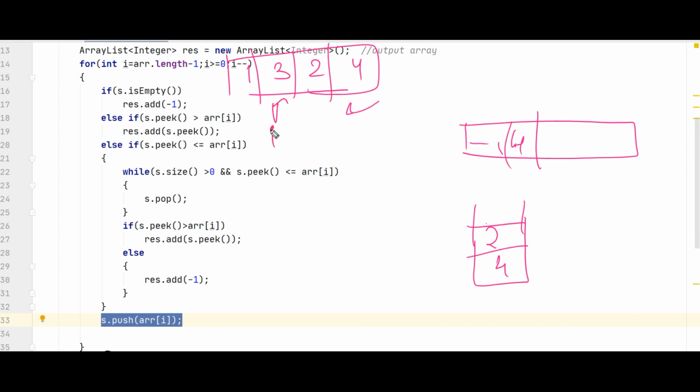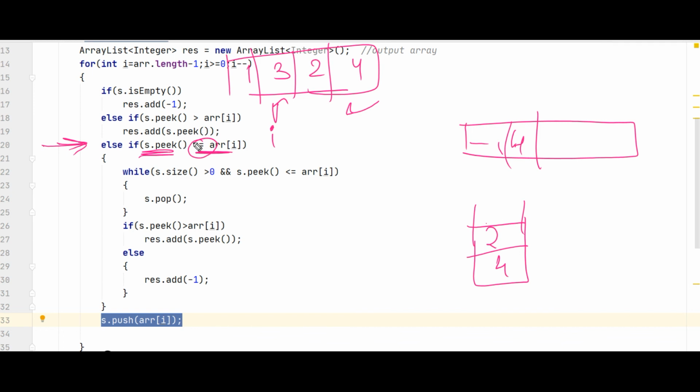And again our iterator will go to this index. Okay, so I will be at index 1 and the value at index 1 is 3. So now this else if block will be executed. Why? So we are picking the value of s and comparing with array, and we are seeing is it less than or equal to array value.